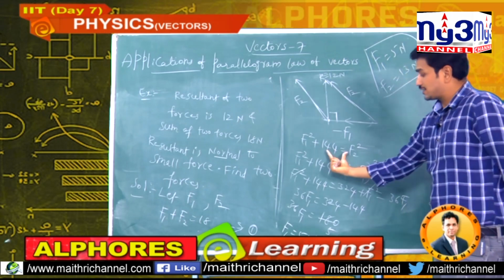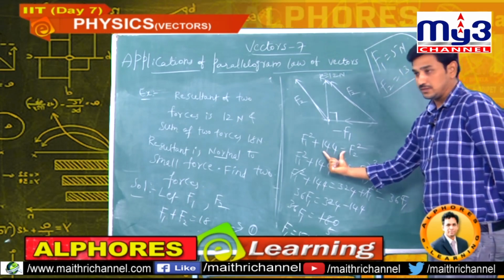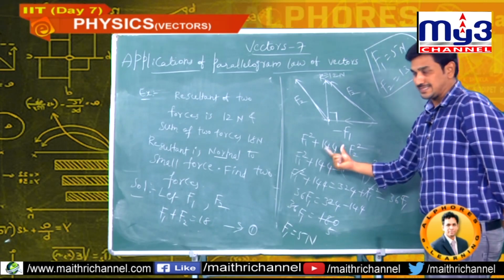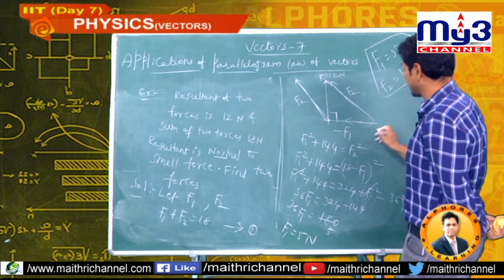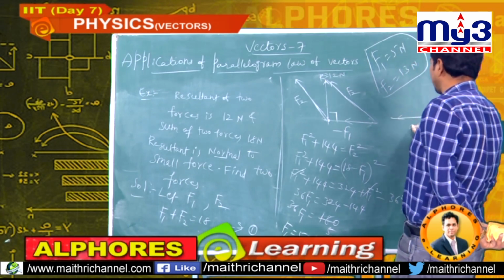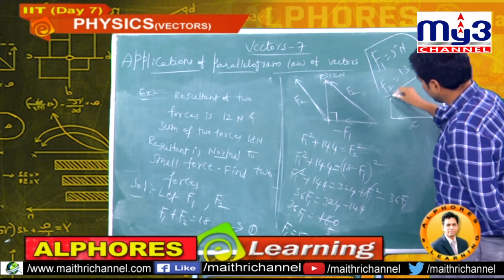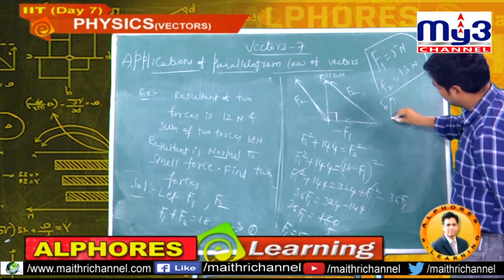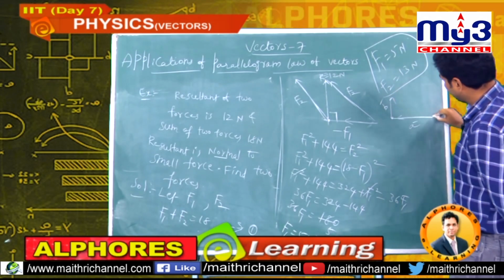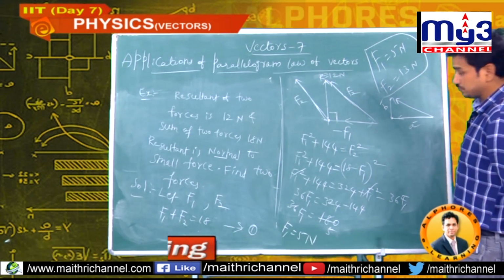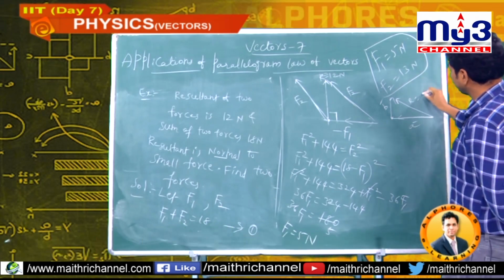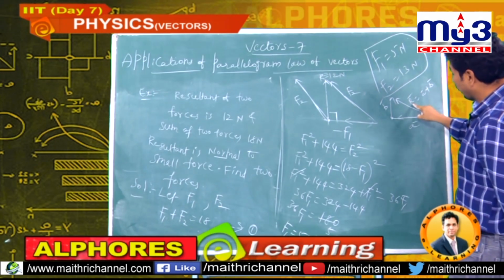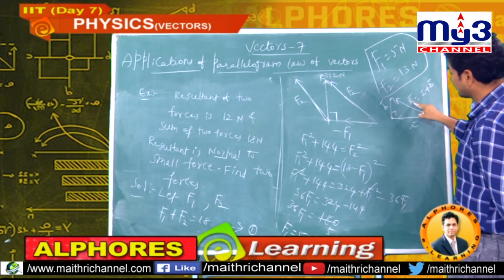Now only one logic, this you should remember. This point we should understand carefully. Once again I will explain. This is A bar, this is B bar, head connected to tail. See, A bar head, B bar tail. Now the resultant is this only, no? So the resultant is A bar plus B bar. When these two are perpendicular, what is the resultant magnitude?